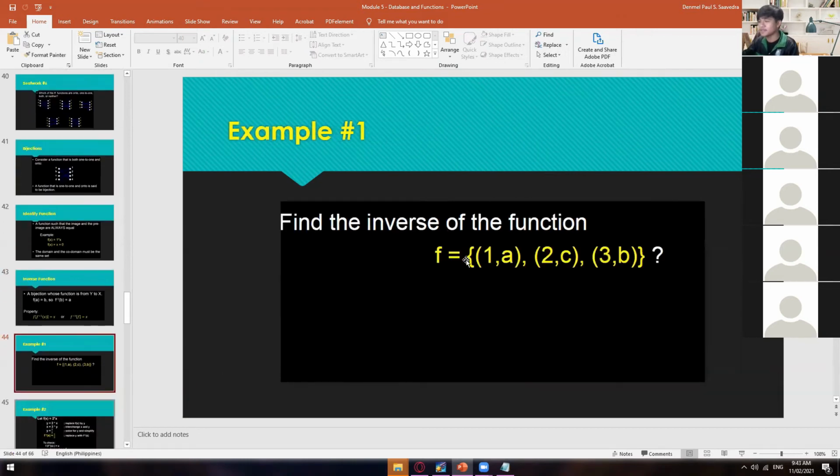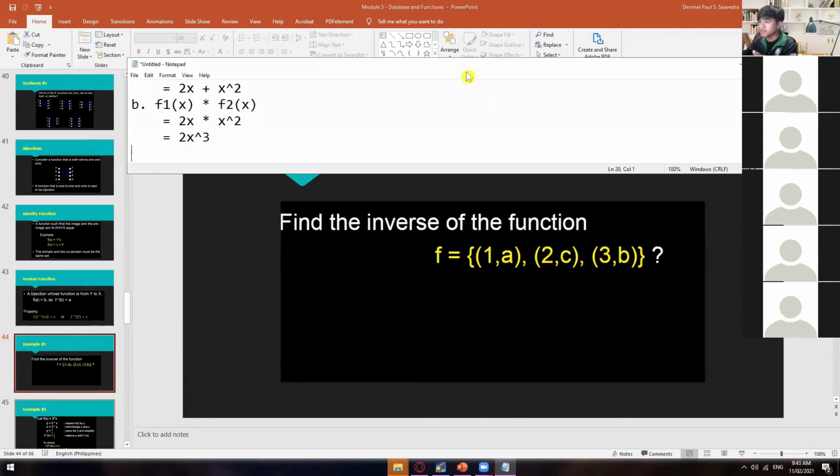So let's have an example. Find the inverse of the function. So anyone who wants to volunteer to answer this example? So your f raised to negative 1 is equal to